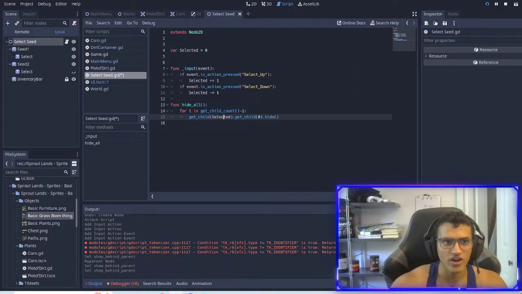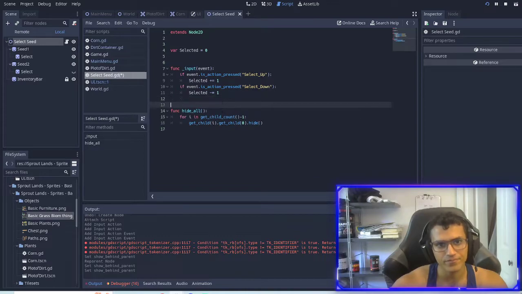We're going to get the child, the first child, i, which is go down to this one. Then we're going to get child 0, just the select. Then we're going to hide that. Then we're going to also have